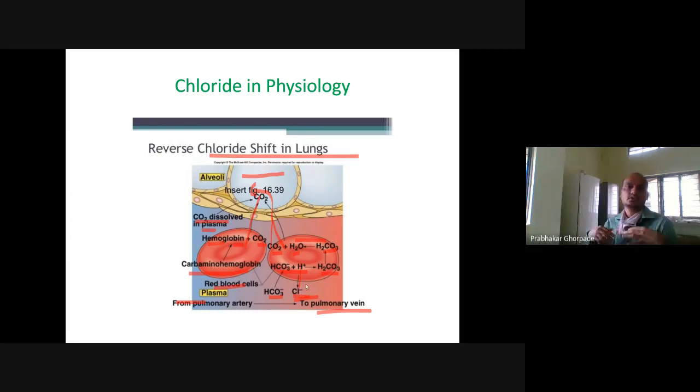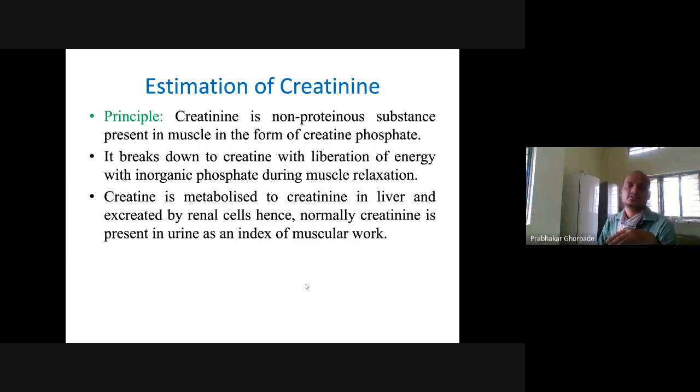If we have to take our carbon dioxide out, we don't want CO2 in our body, we want only oxygen. But CO2 has to be gotten rid of during this process. So chloride is important; that is the chloride shift present in the lung. That is why we have to measure the chloride concentration as a normal physiologic parameter. If chloride is higher or lower, then this process gets disrupted, right?